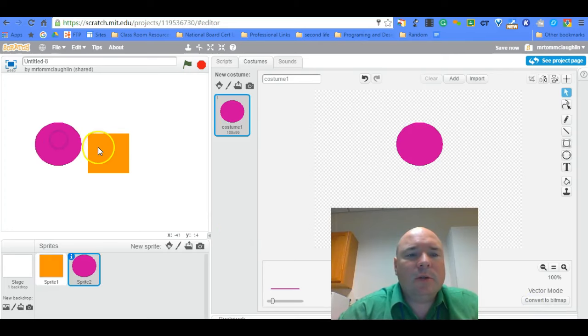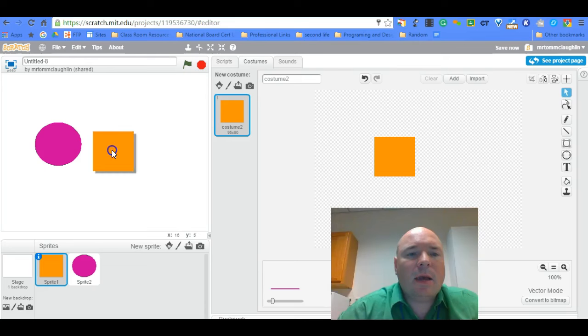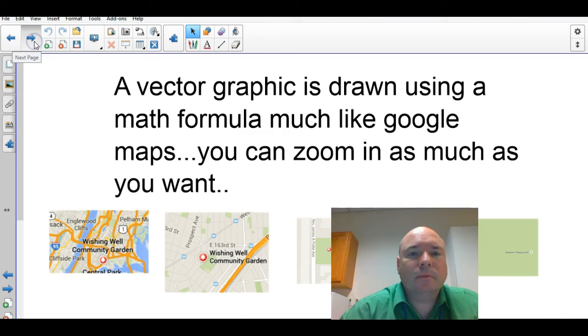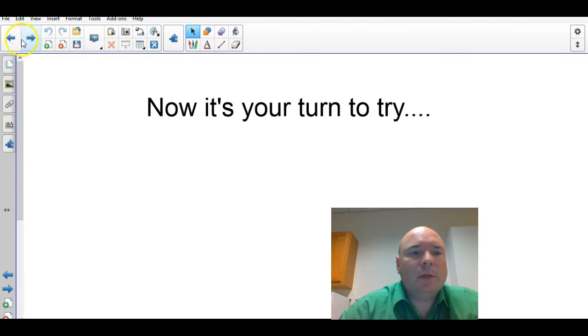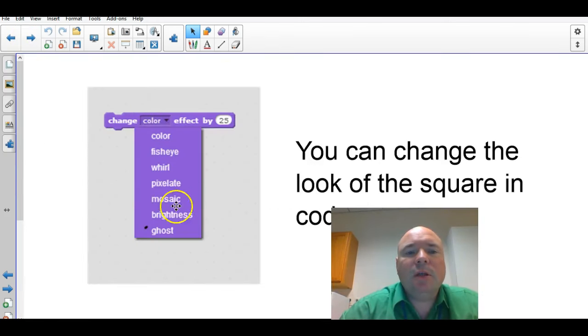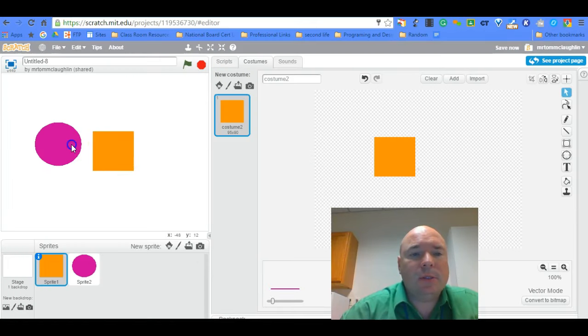I'll move them off each other a little bit. Now we're not going to draw anything else. Everything else is going to be done in code. So to change their shape, we have this thing called change color right now, but then there's all these other different options. Fisheye, whirl, pixelate, mosaic, brightness, ghost. So if we use those options in the scripts,